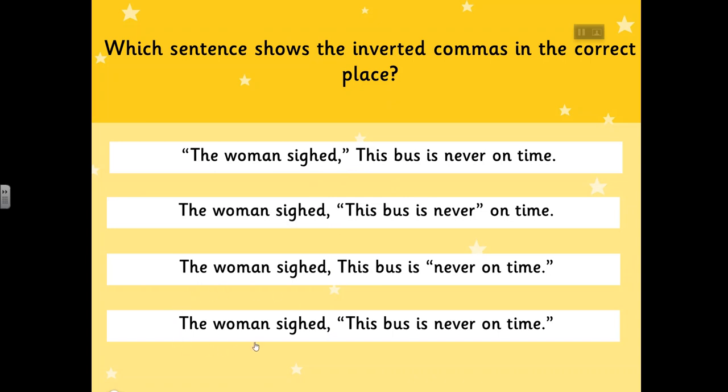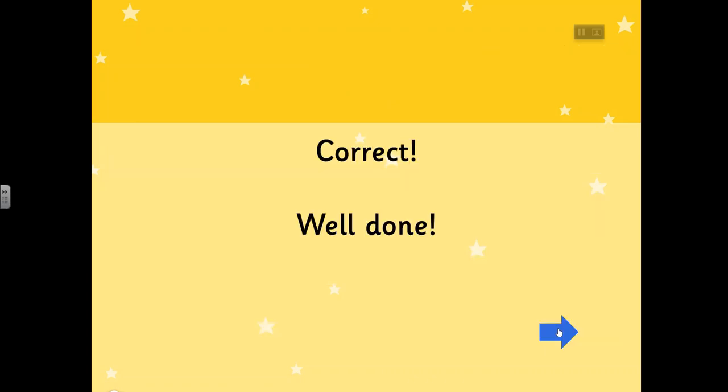So we've got the first part of the sentence, the woman sighed. The words that she said are, "This bus is never on time." Let's check. I have inverted commas, capital letter, full sentence with a full stop. This must be the right one. So,